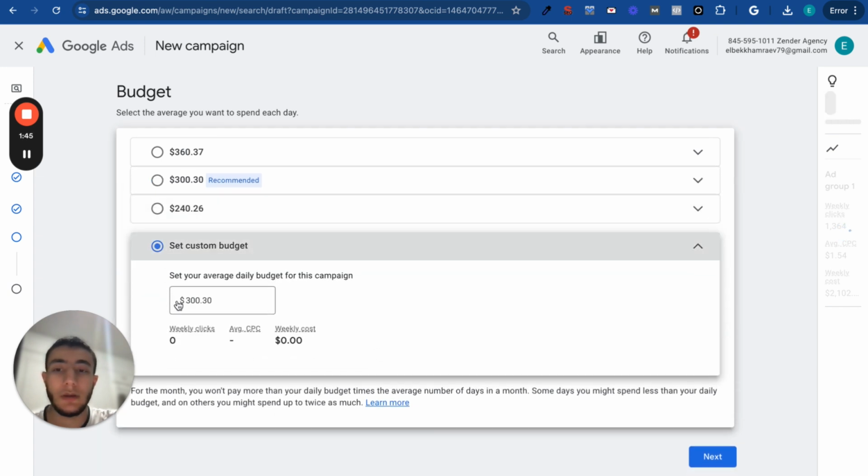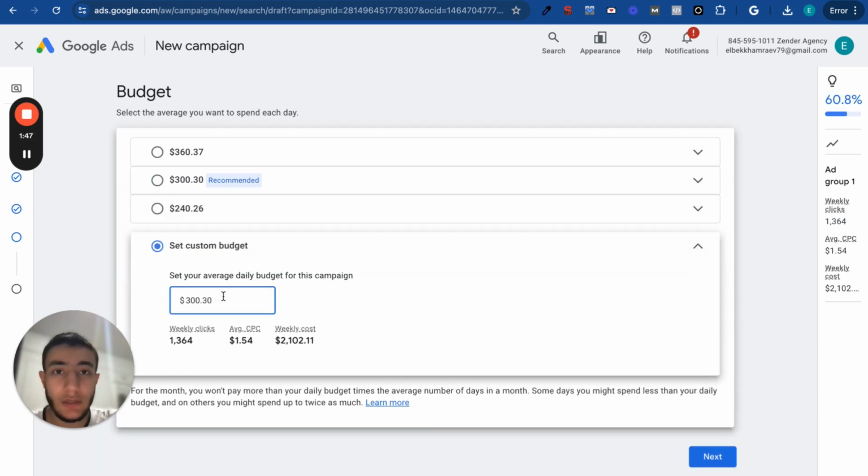After setting up everything, just click on the budget. When it comes to the budget, a lot of people ask me how much to spend. I usually say try with a small budget, and if it works for you, increase it. Do not start with a very small budget, but also do not start with a very high budget. Be balanced. Spend an amount where, if you lose this money, it's not going to hurt your family or